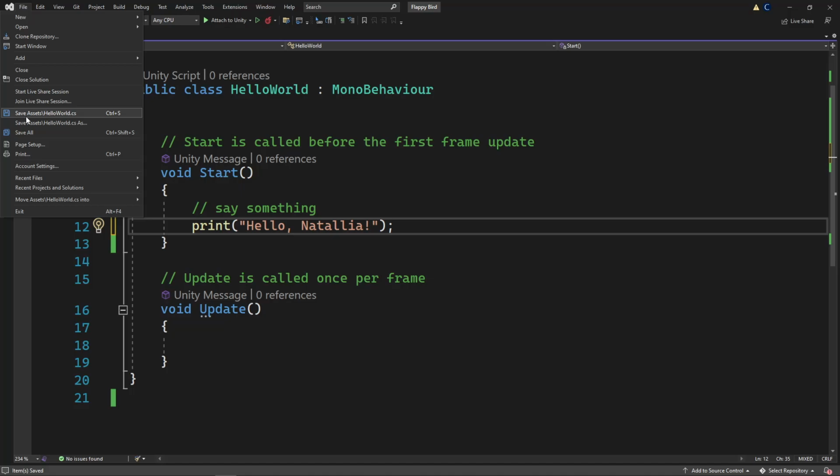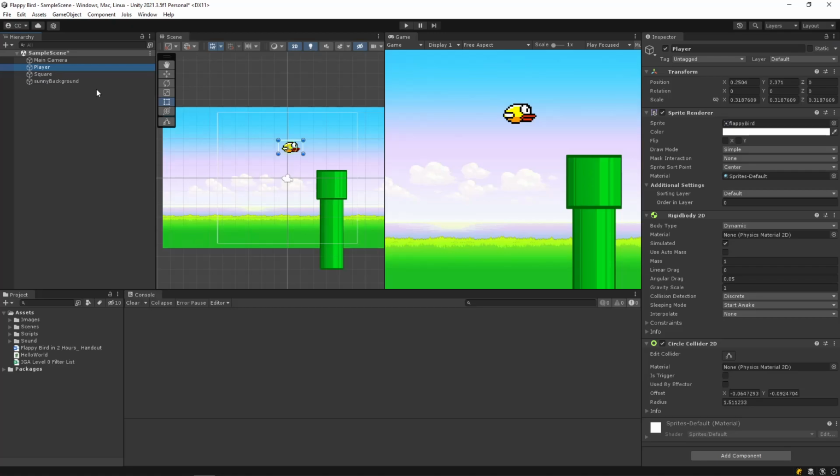So, in order to make it so that this script actually works, the problem is that we aren't telling the script to work. Computers are very specific. So if we click on any of our objects, I'm going to click on the player, for example, we just haven't added the component yet. We created a new component, but we didn't tell it where to exist. So if I click on the player, click add component, I can actually just type in hello world in here and it will detect that.